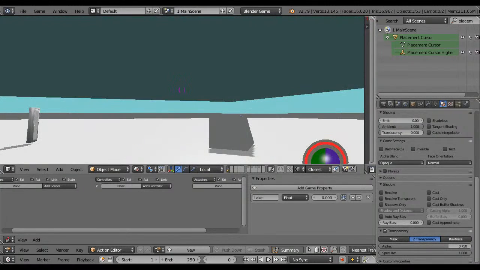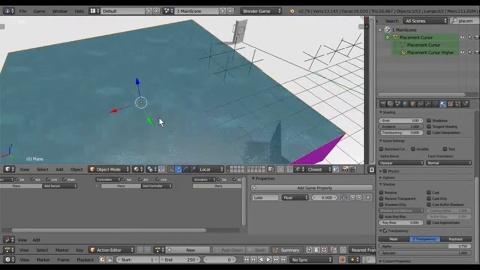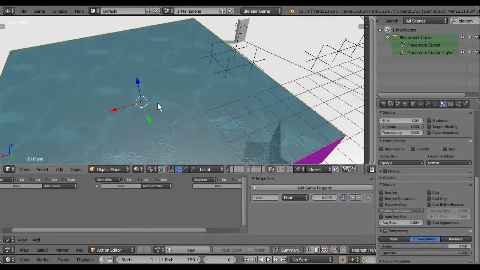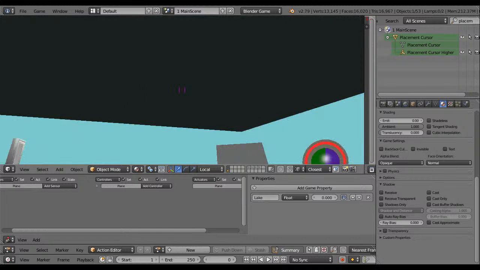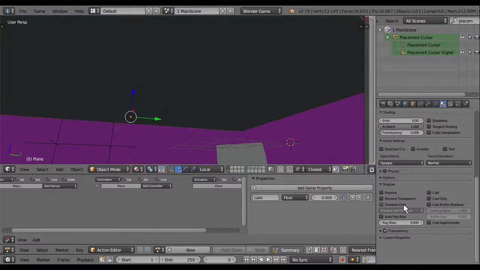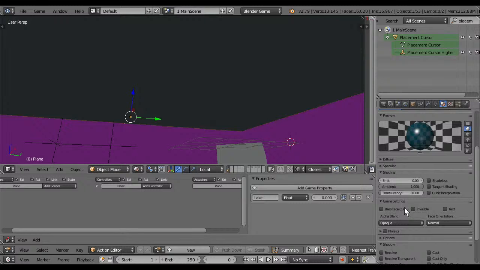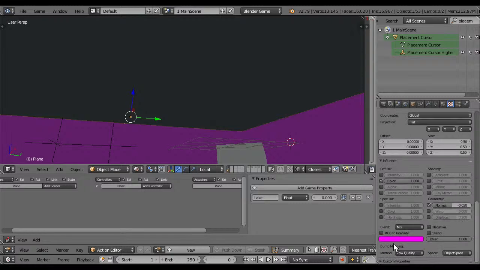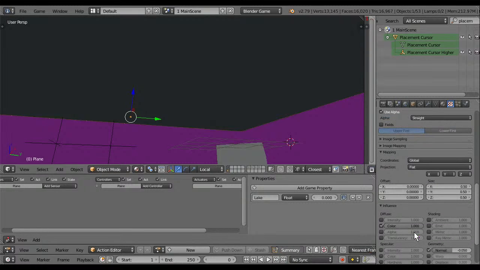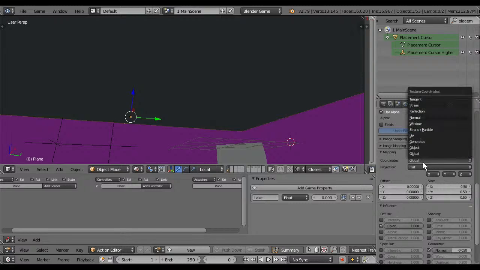I think it still receives the shadows from below the water, so same. There's something to do with transparency, maybe. No. Big space texture. Let's see. The global.